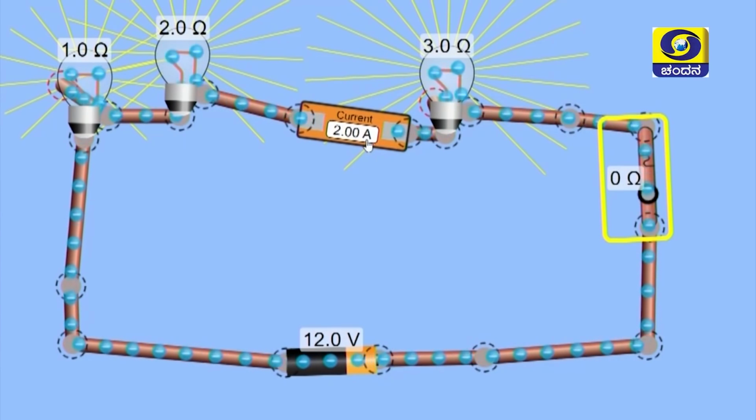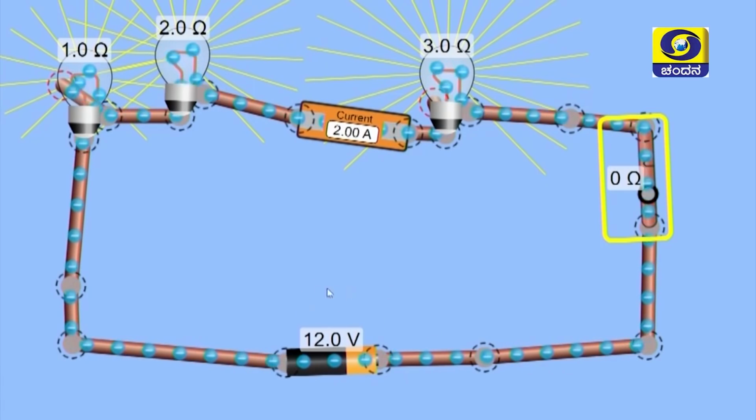So children, you need to remember that V, 12 volt, is equal to the current 2 into what is the value of resistance then? Yes, it is 6 ohm. So how do we get 6 ohm here? By adding the 3 resistances, 1 plus 2 plus 3, it is 6 ohm. So 12 is equal to 2 into 6 ohm, that is V is equal to I into R by Ohm's